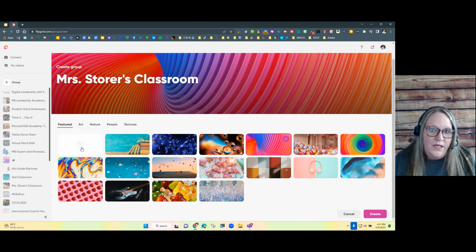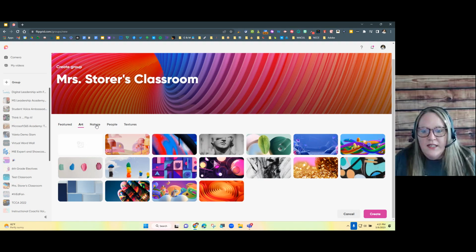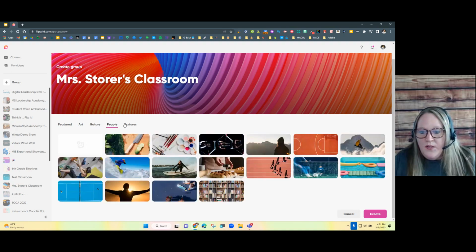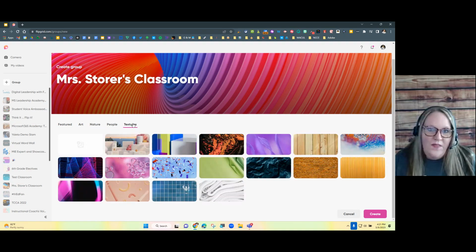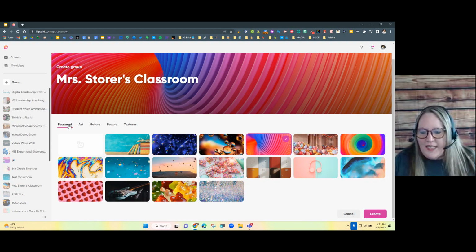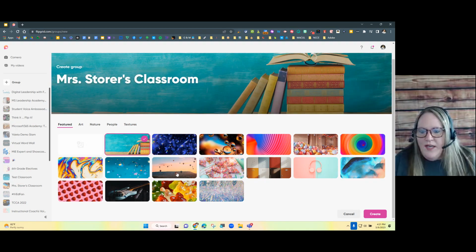Maybe you designed it in Adobe Express. Maybe you designed it in Canva. You can pull it in here, or you can use one of their already pre-populated images. They've got featured, art, nature, people, and textures. You can choose the one that matches your theme. I'm going to go back to featured, and I'm going to go with this first one here with the books. And there we go. After you choose your banner image, you're going to click Create, bottom right-hand corner.